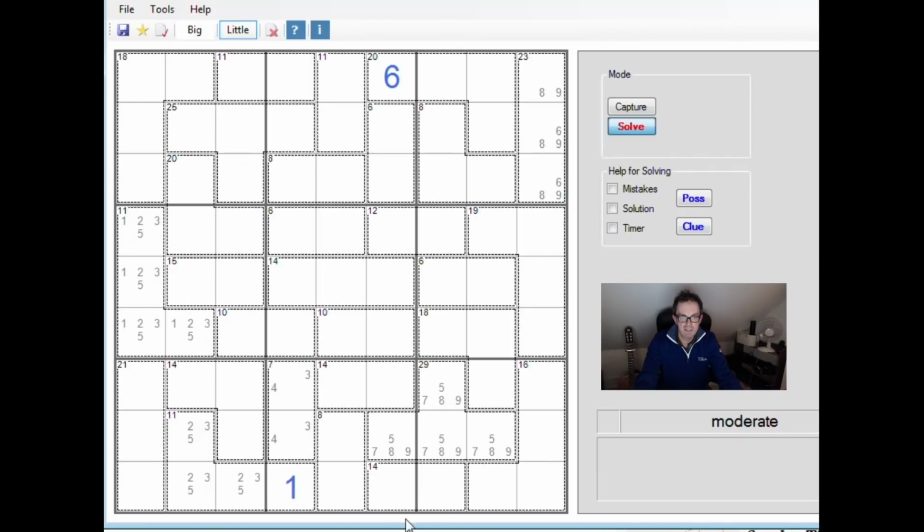And this is one of these little tricks that you'll get better at the more of these you do. Now once we have a 3 and a 1 in this 3 by 3 block, this 8 cage is forced now to be 2 and 6. Again, this is very important. This 14 cage now can't contain a 6, so it can't be 6 and 8. So it must be 5 and 9,